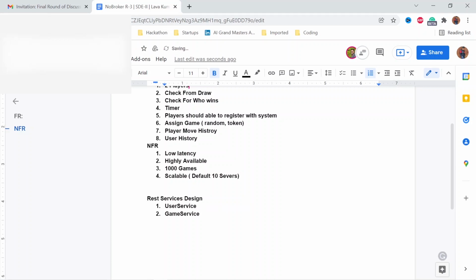The game service will keep track of things whenever two entities come to the game. Those two entities basically talk to the game service for the game. And the third one is